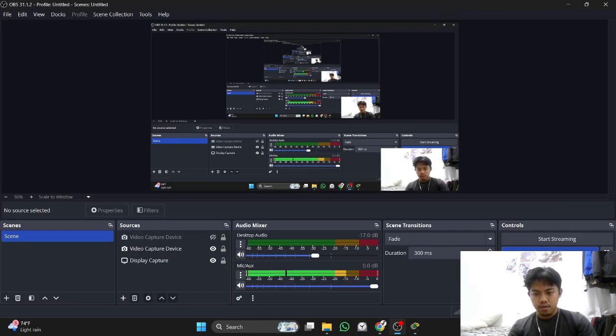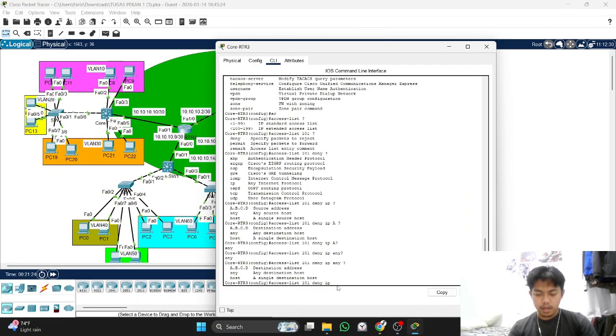Oh, I forgot. Now we must write the IP address, the network IP address of that VLAN. Maybe first I will write for VLAN 10 and then the IP address.